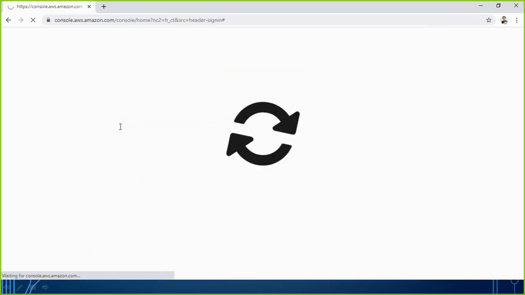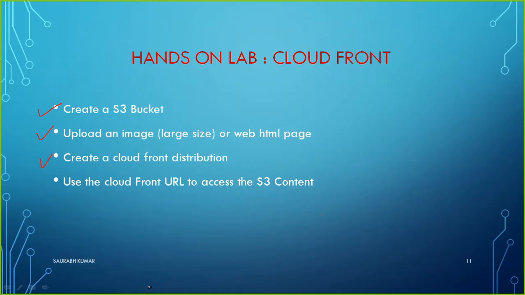Once we log in, as per our plan, the very first task is to go to the S3 service and create a bucket there.